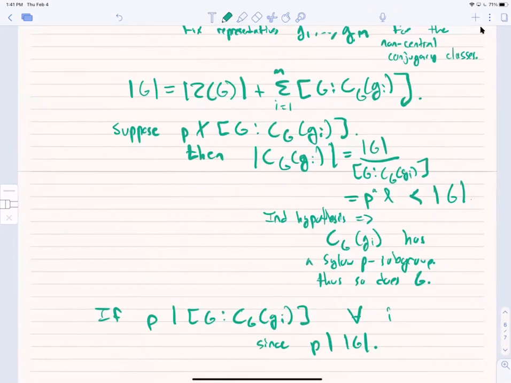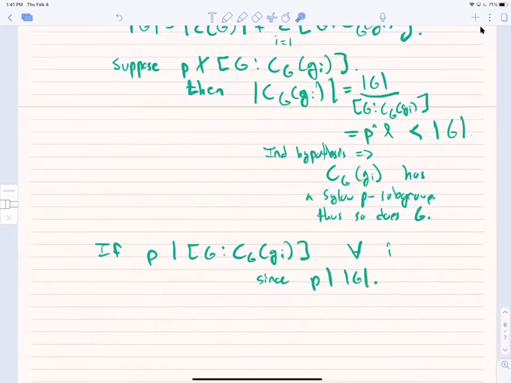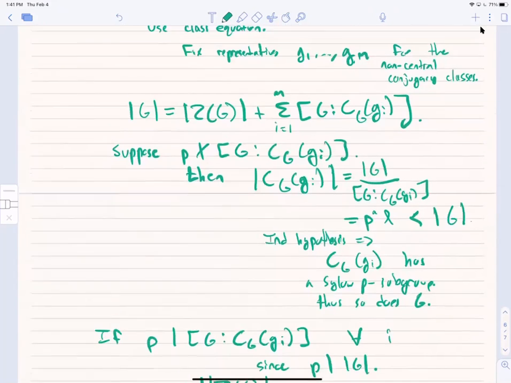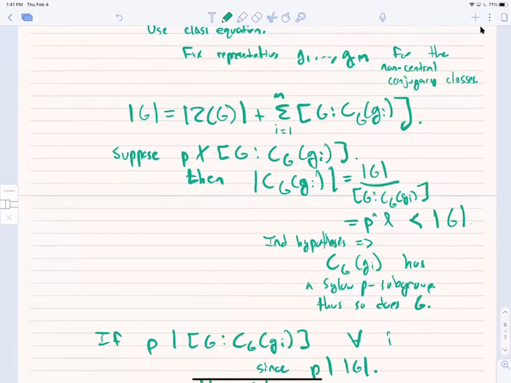So P divides all of these centralizers, and P divides all these indices, and P divides the order of G. Well, for this equation to hold, P also has to divide the order of the center. So P divides the order of Z(G). Okay, and so that means,